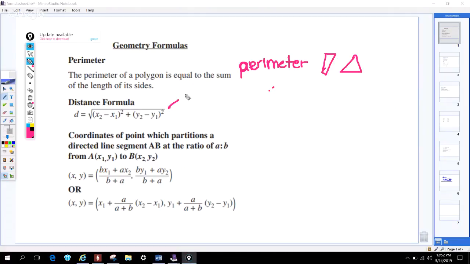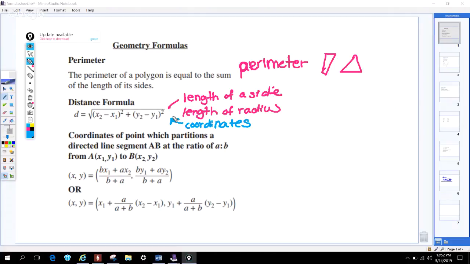You'll use it for either finding the length of a side, or you'll use distance formula to find the length of the radius or diameter. The main thing with distance formula is you have to remember that you will always have coordinates. Now, just because you have coordinates, it doesn't mean you have to use distance formula. You also could try to draw the triangle and do Pythagorean theorem, but you will use distance formula in those